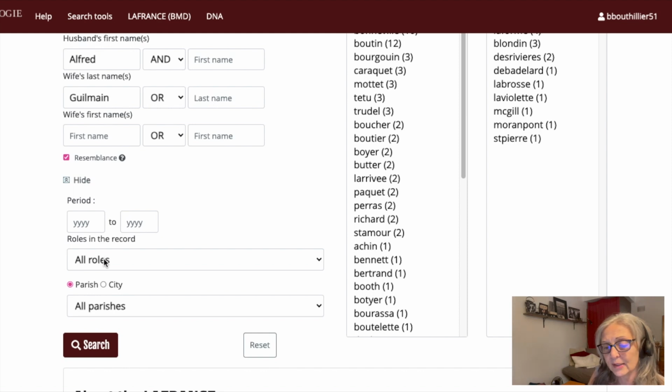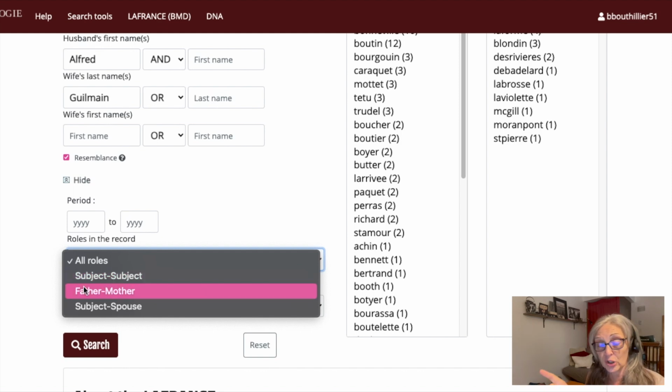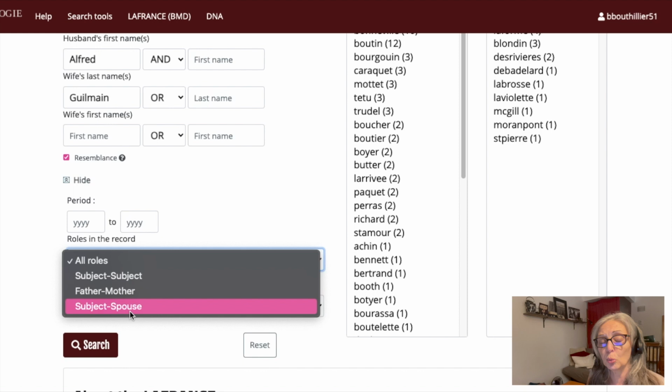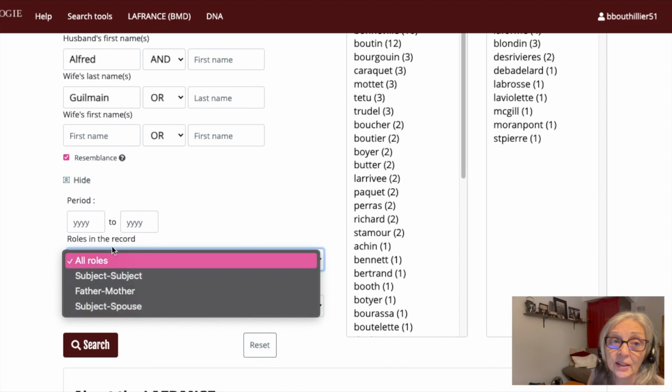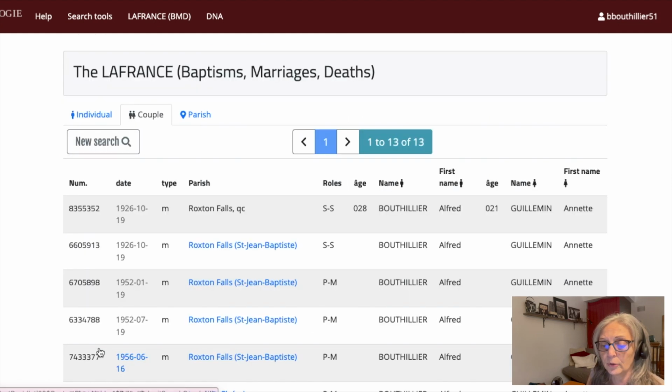Then the role, I'll explain what the roles are, but that's the role being played by the person in the act, and so they could be subject, and that would be typically for the marriage, father, mother for the birth of a child, and subject, spouse when one of them has died. So you have the person who's still alive and the spouse who has died, so a death record. All right, so with this in mind, I'll leave it at all roles for now,